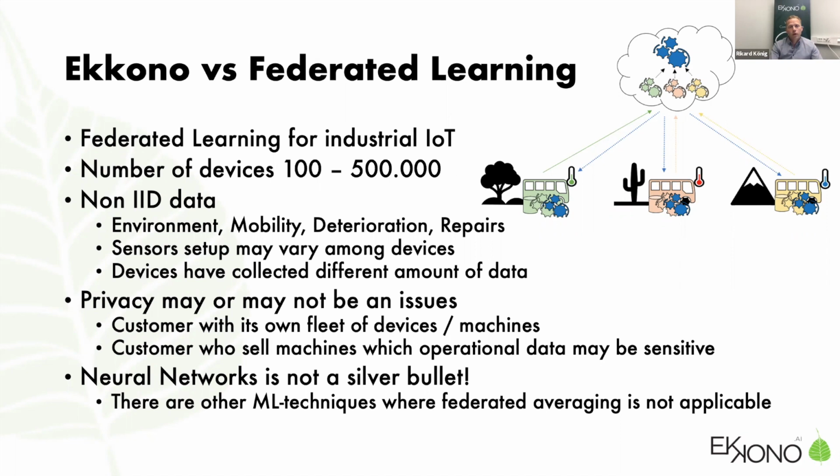So then you can actually learn on the device and use federated learning to learn among devices without sharing the data. And finally, when we're looking at federated learning, we look at different types of machine learning models. If you look at the internet, most of the research is done on neural networks, but that's not the silver bullet. Each application has its own characteristics, and you need to choose the right machine learning technique there. So we look at doing federated learning for more machine learning techniques than just neural networks.